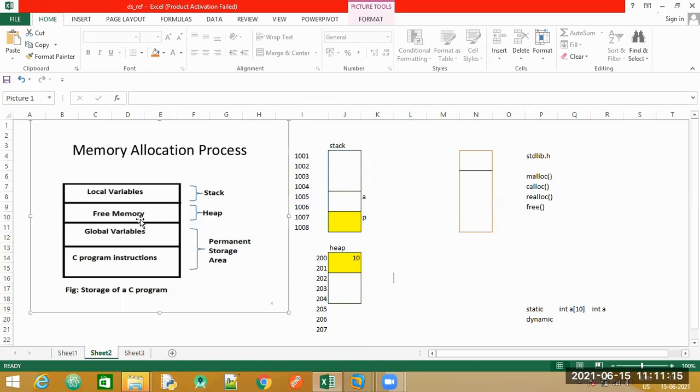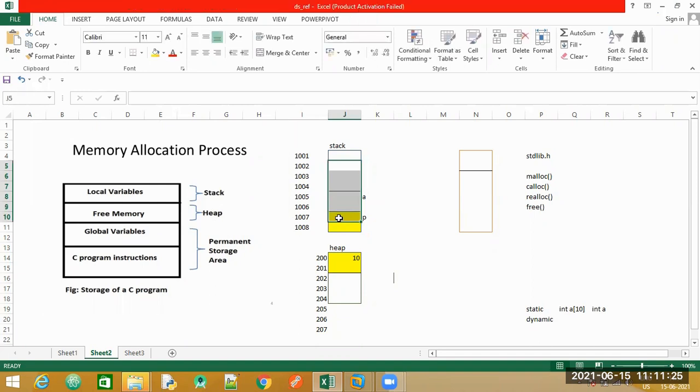Two important differences between this stack and heap are, whenever any memory block is allocated from this stack section, it is your computer's responsibility, the operating system's responsibility to clear it out and empty this space again. Okay. Whenever we talk about our heap section, it is the programmer's responsibility to allocate the memory space and to deallocate that memory space.